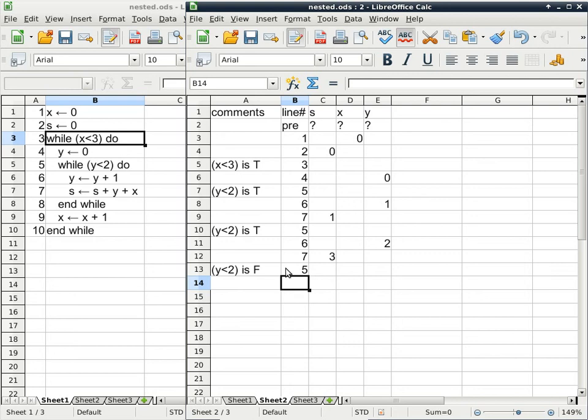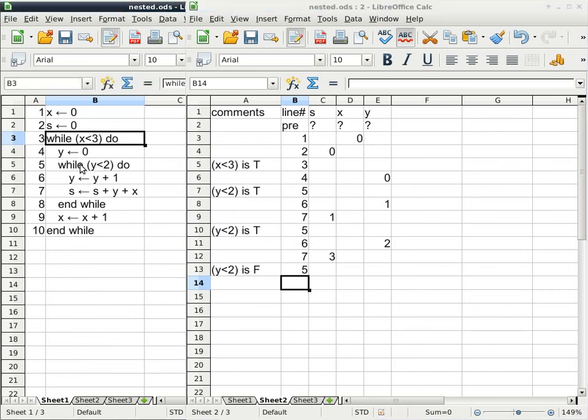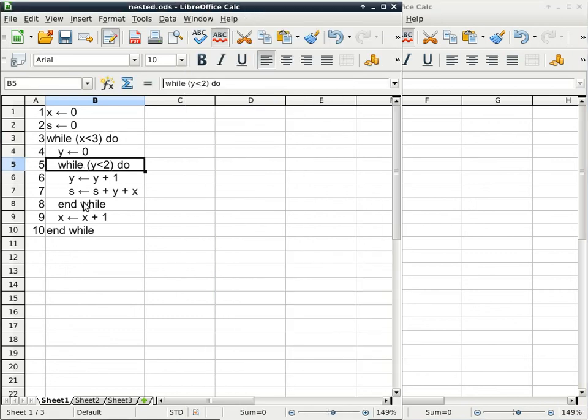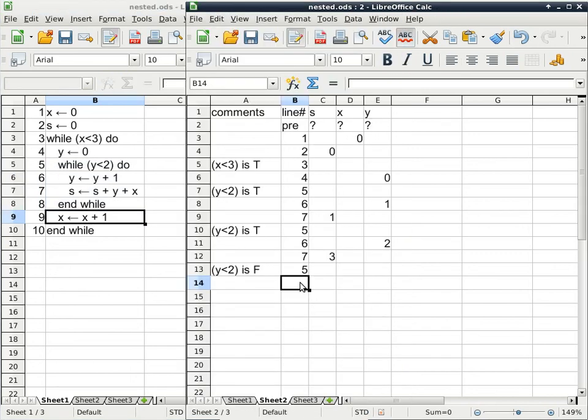Very good, because we have to go to the statement that is right after the loop that we are getting out of. The loop that we're getting out of is this loop here from line 5 to line 8. So when this loop is terminating, we have to go to the next line, which in this case is line 9. All right, so we go to line 9, and all it does is to increment x